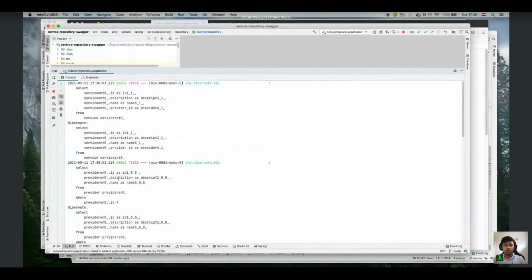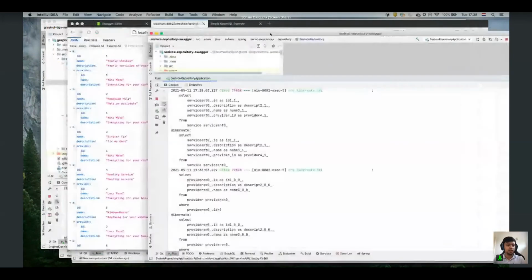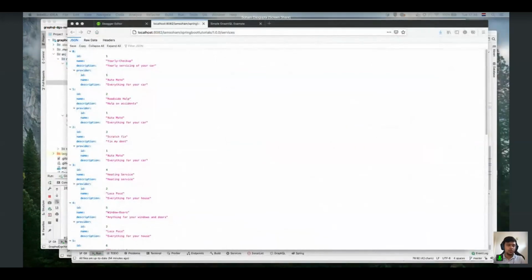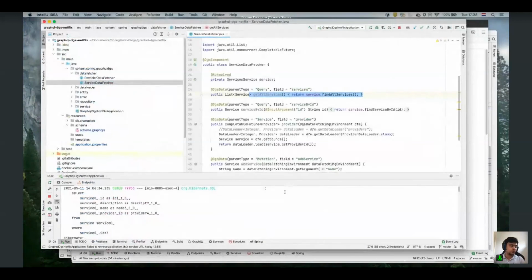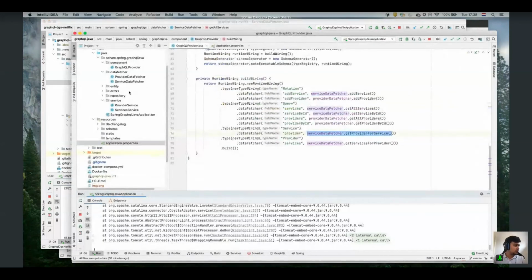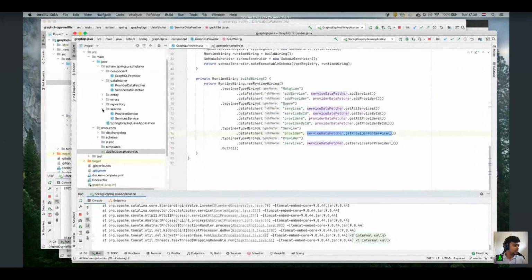There is an easy way to solve this in the JPA implementation, but when you are aggregating something using GraphQL, it is not so easy. And that's where the data loader comes in. The data loader is a specific implementation for GraphQL itself. I'm going to show you inside the GraphQL Java library, which is, I think, this one. So in the GraphQL Java library, you basically